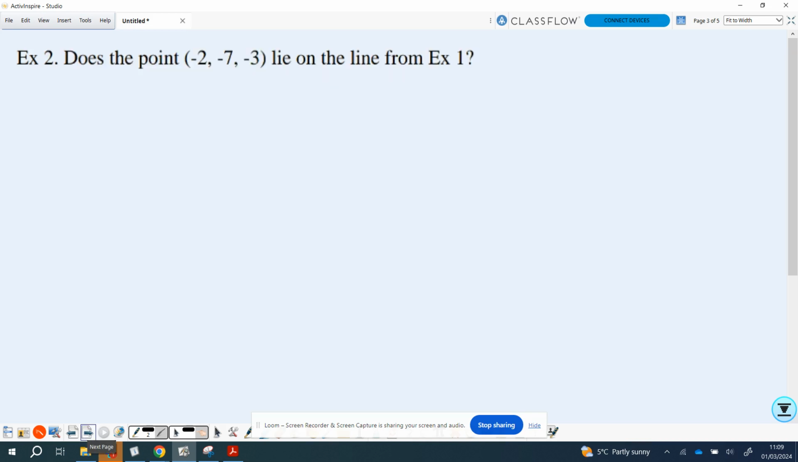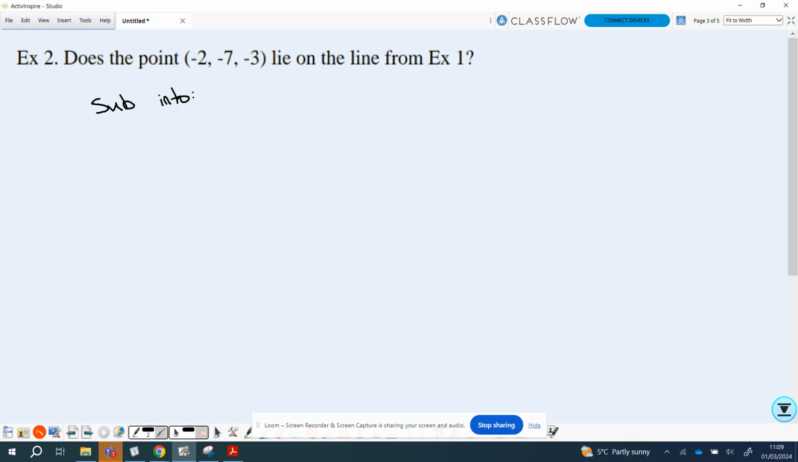So, example 2, does the point -2, -7, -3 lie on the line from example 1? Okay, so once we've found that line, does this point lie on it? And like what you've done for many years now, if you want to check if a coordinate lies on an equation or a function, you substitute your values in and you check, does it come out properly, does it work properly? And if any part doesn't, then we know it doesn't work. Okay, so what we're going to do is substitute